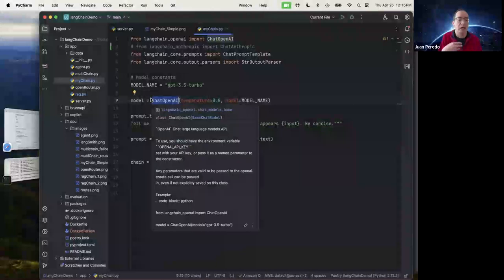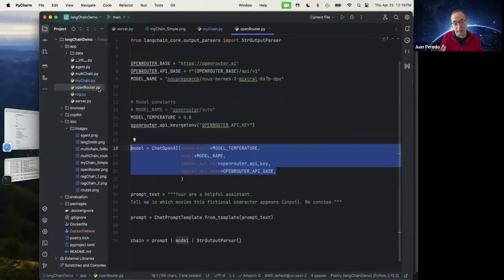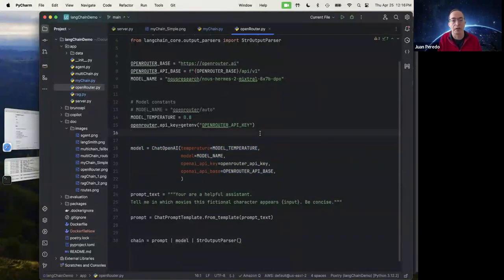Also, there are a lot of providers that provide access to multiple LLMs, like for example, OpenRouter. And if you haven't heard of OpenRouter, I encourage you to look at it. It has a number of models that you can use.